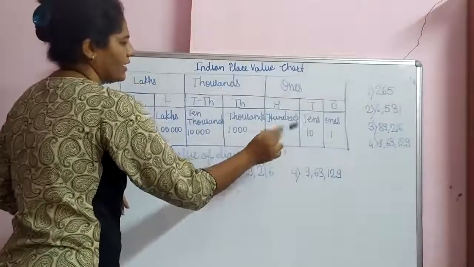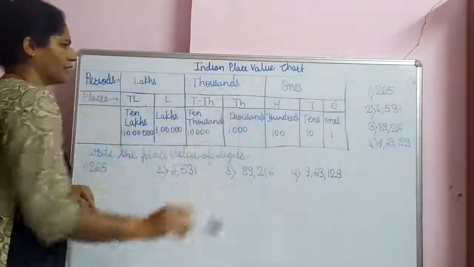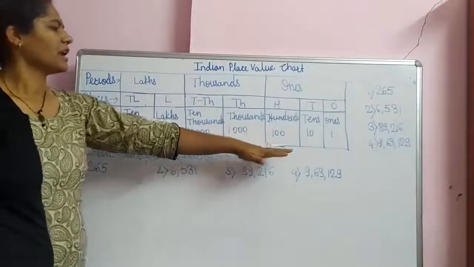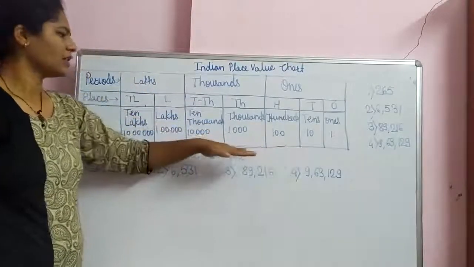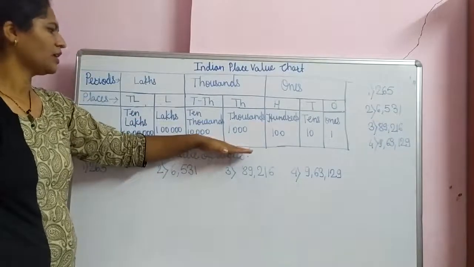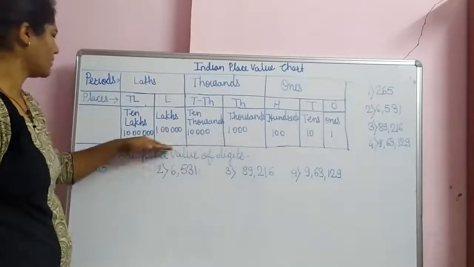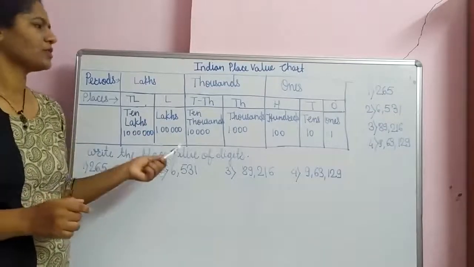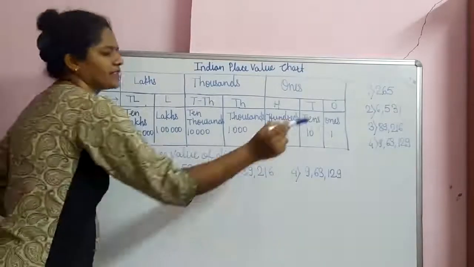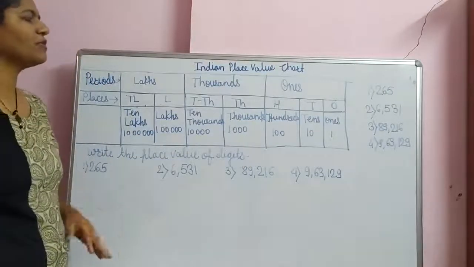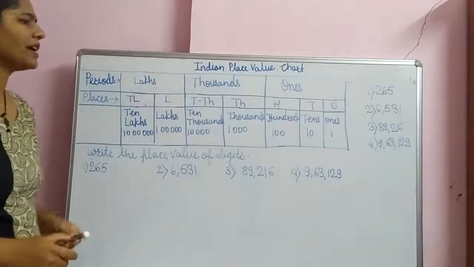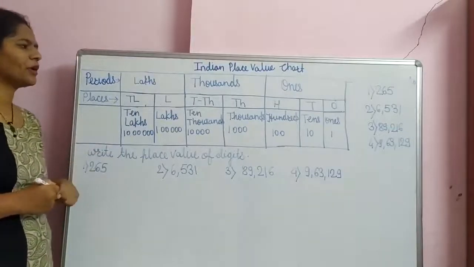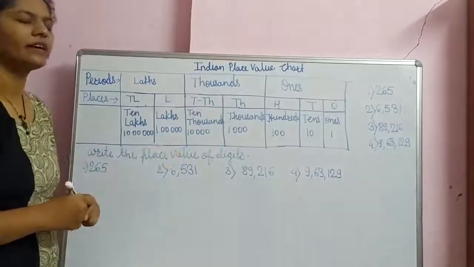Ones, tens and 100. So there are 3 periods, and in the last one 3 places are there. In the 1000 period 2 places are there and in the lakh period there also 2 places are there. When we are making groups, we start from the right side. And why is this useful? It is useful because of it we can easily read any number.